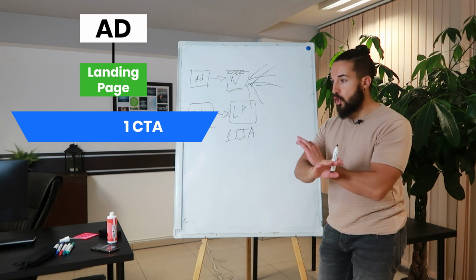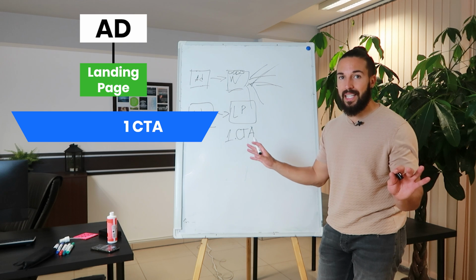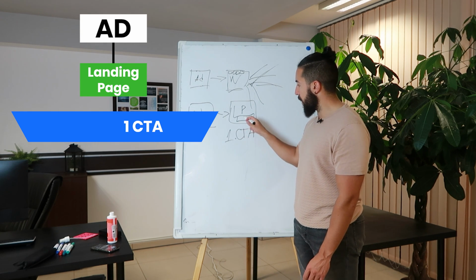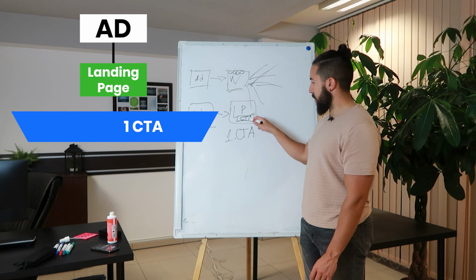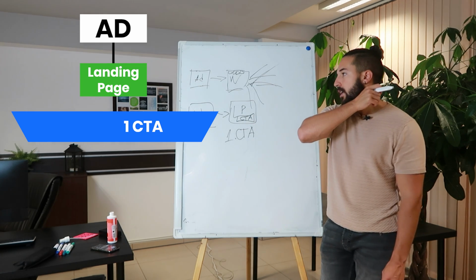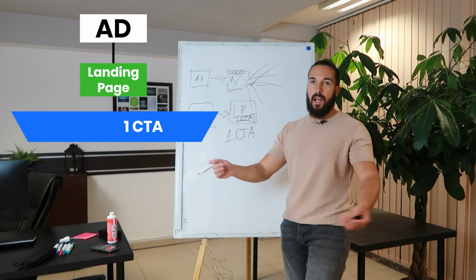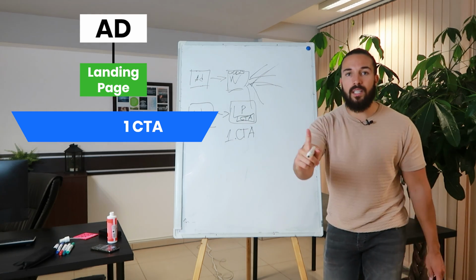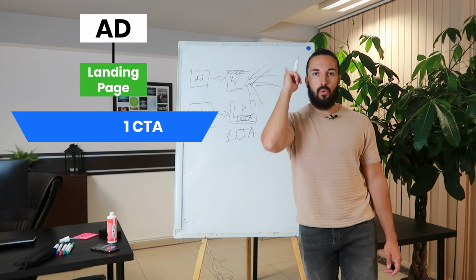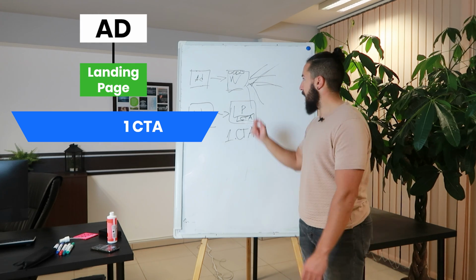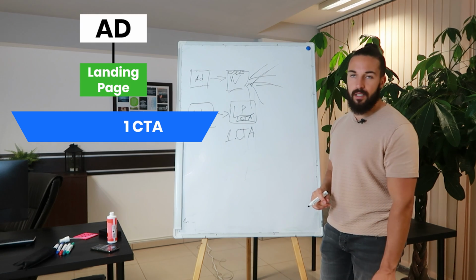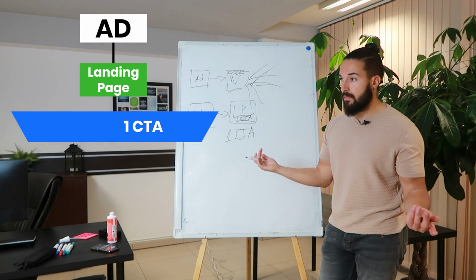No other places for them to click. They can only click once. The huge button here, the call to action, could be see if you qualify, check my zip code, whatever it might be, but it's one button they can click, not a million other widgets and buttons on the website that they can get distracted by and not do